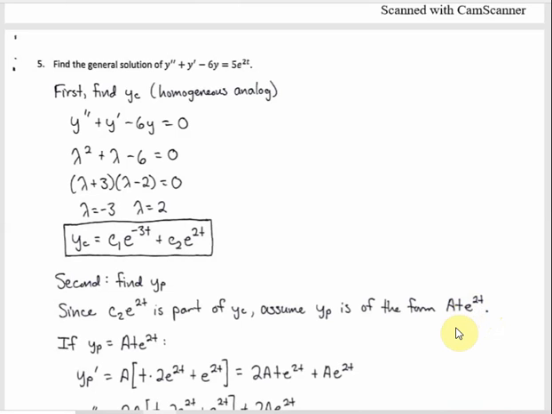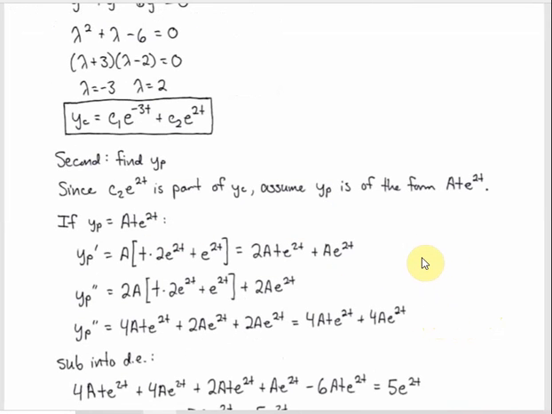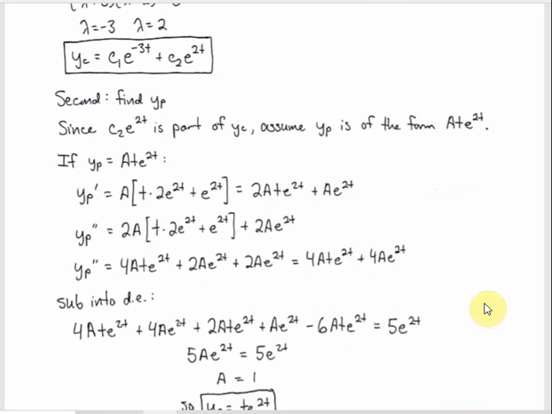So the way that you handle this, just like what you do with a repeated root that we've had before. So then you say, all right, well then if that's what y sub p is, if that's our particular solution, then if we're going to get the derivatives, there's going to be a product rule in there. And I guess combine like terms where you can. So ultimately what you end up with is that for the second derivative and then that for the first. And if we substitute in,